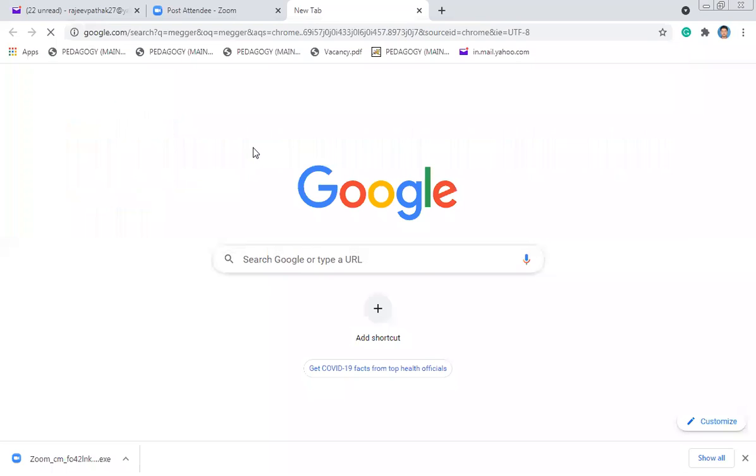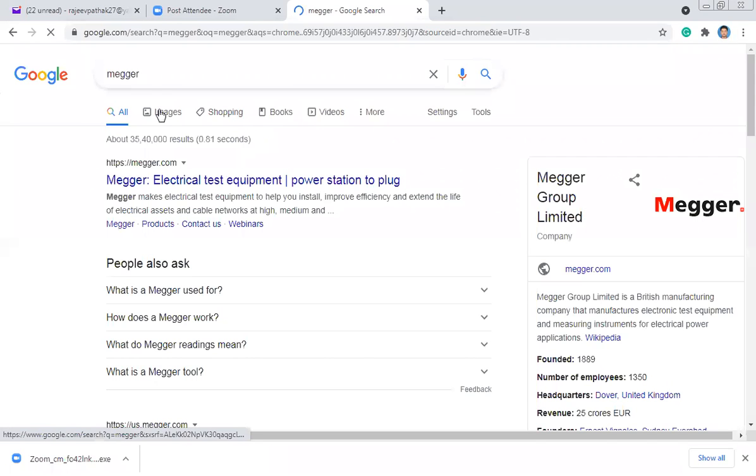One of the most popular methods for the measurement of high resistance or insulation resistance is the Megger. It is a type of portable instrument used for the